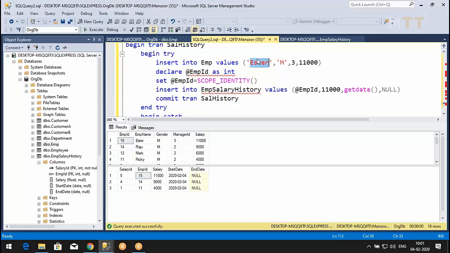See, for example, you have this database, right? User 1, you wrote a stored procedure, is it not? You wrote a stored procedure. User 1, user 2, user 3, they are trying to do this. User 1 executed and they inserted the first record 1, and user 1 is now trying to insert in history table.